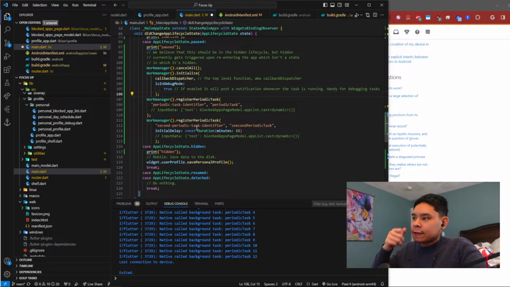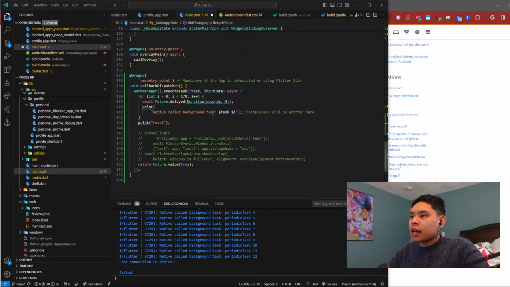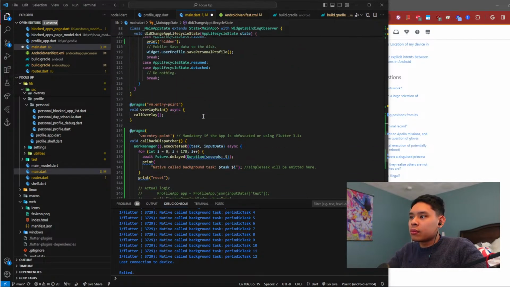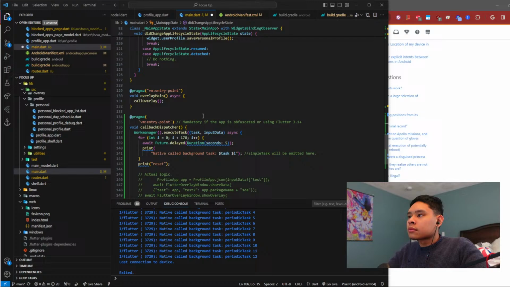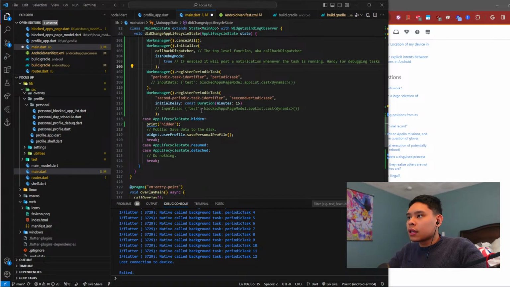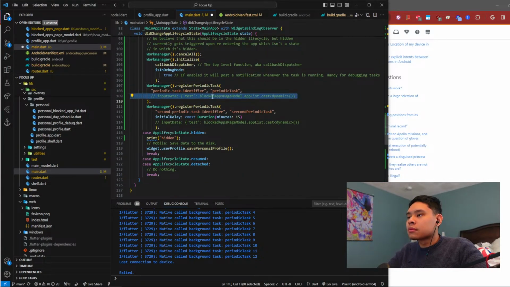And then now we need to pass in data that we want to use. So what do we want to pass in? We really want to pass in